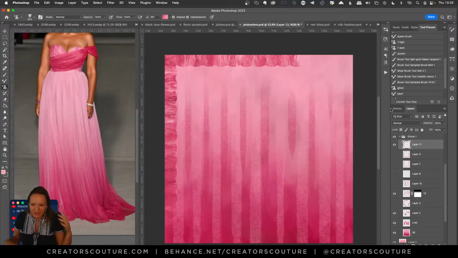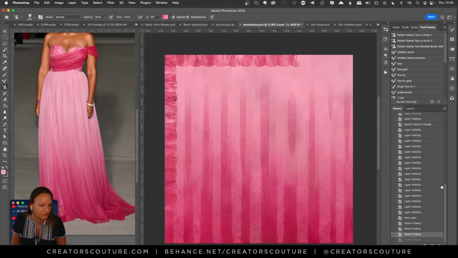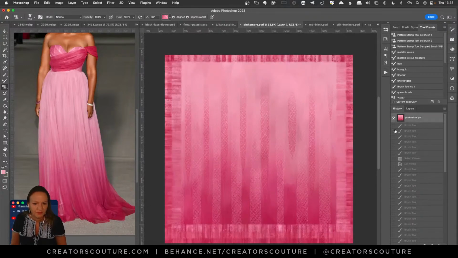So that's kind of just what I did. I don't know if it's the best digital background there. Let me go back to my history and show you from the beginning. But yeah, that's what I made, just something to get the vibe of the dress. I actually worked through all those, so that was okay. And I'm going to dump these